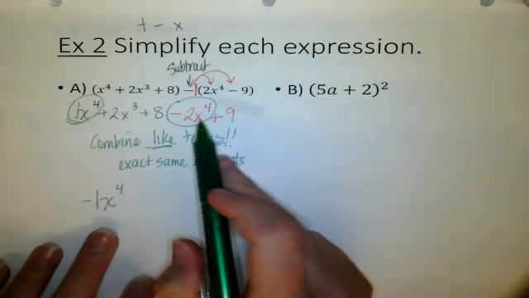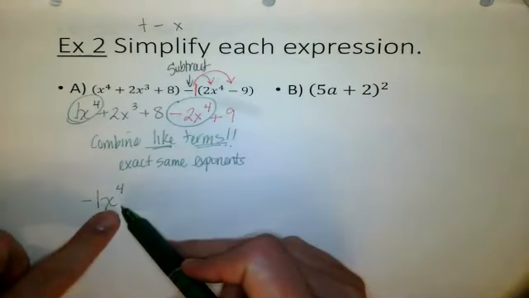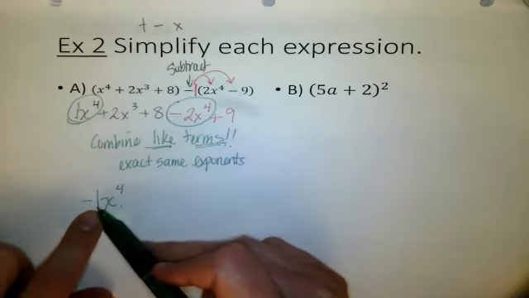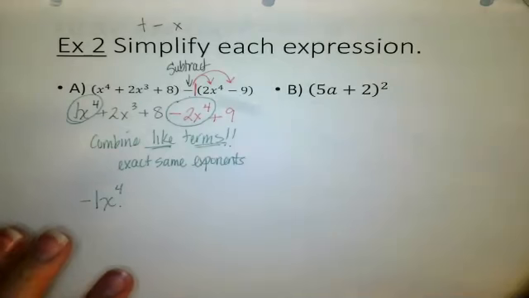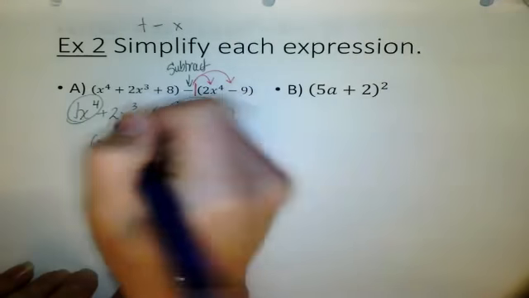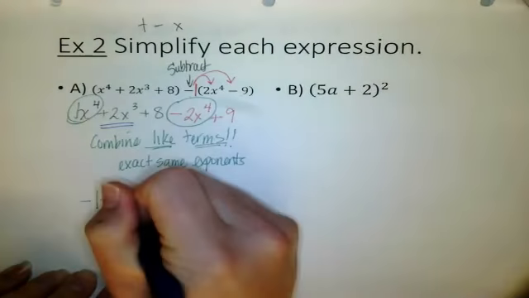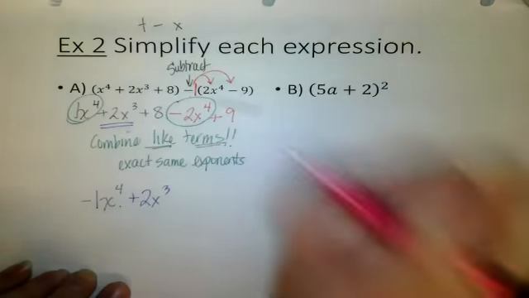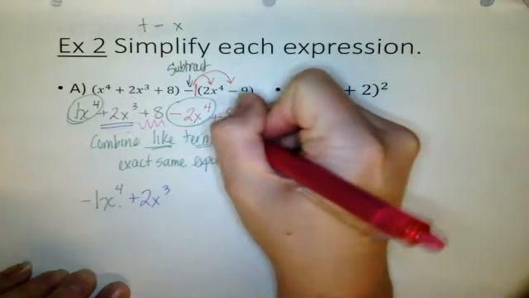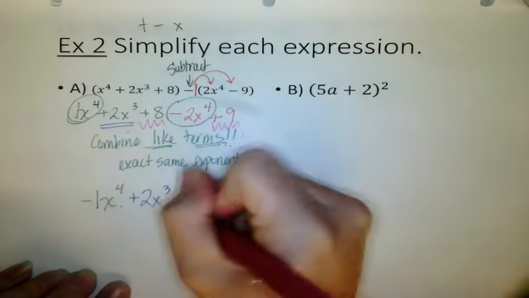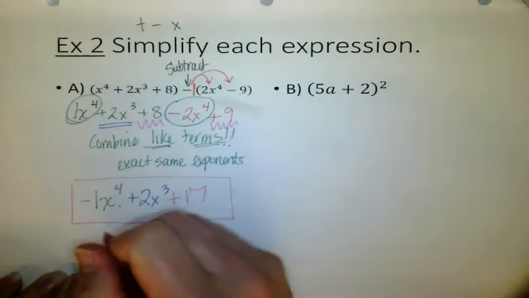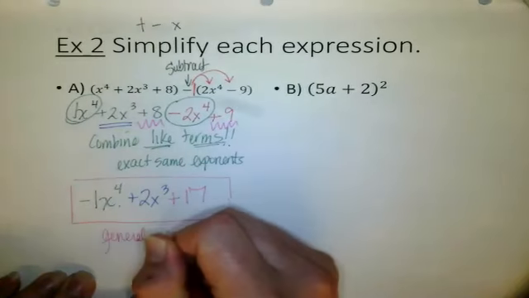So it's 1x to the fourth and a -2x to the fourth. -1x to the fourth. You'll notice, did the power change? No, we do not get x to the 8th. All right, the only number that changes is the coefficient. Powers stay the same, change the number. Does 2x cubed have any friends? No, so plus 2x cubed. And then +8 and +9 is +17. This is what we might call general form or standard form,